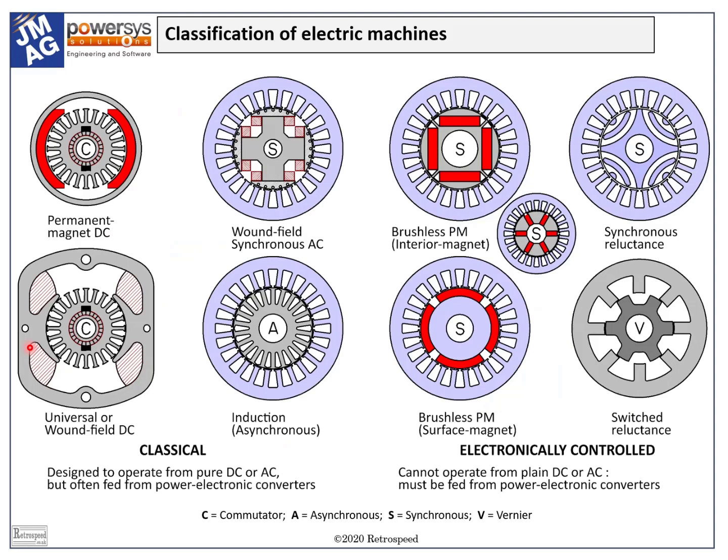It would be very desirable for all of the control features of the wound field DC motor to apply to the AC machines, the blue ones, and especially the induction motor, which is nowadays the mainstay of variable speed drives in larger sizes, and equally to the permanent magnet brushless AC motors in smaller sizes. But they don't. The equations of all the AC machines are more complicated because at first sight nothing is constant.